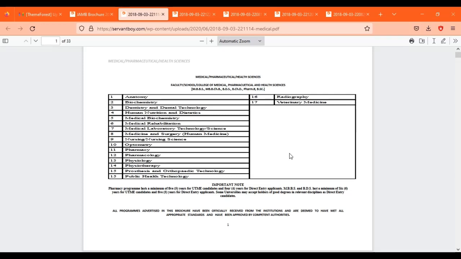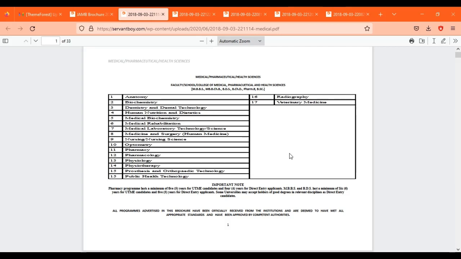Today, I will also be taking you through JAMB subject combination. Now, this is very, very important before you start your registration. You should know the subject combination for the course that you want to opt in for in your JAMB UTME, because if you write the wrong subject in JAMB, even if you score 400, you will not be